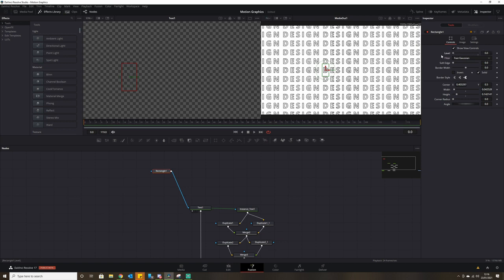So if we adjust this level, it will fade the letter in and out. Now we could keyframe this all the way through our timeline just to create a random flickering effect, but that's a lot of manual hard work. So instead, in Resolve we have an option where if we right click on our level, we can modify with a shake. And if we modify that with a shake, in our modify tabs, we have a minimum and maximum, and all it's going to do is it's going to